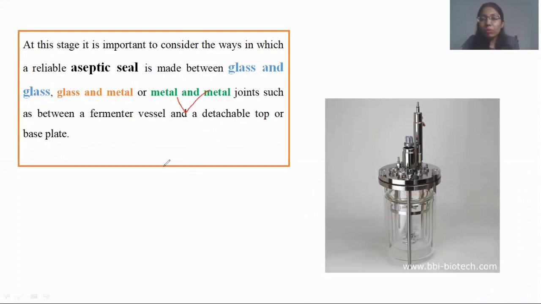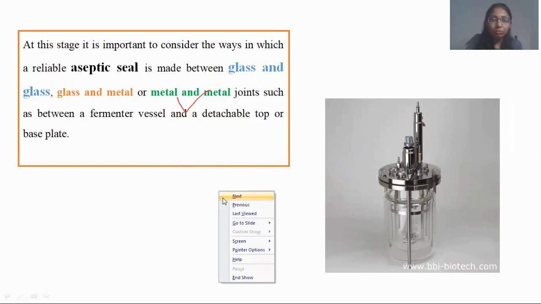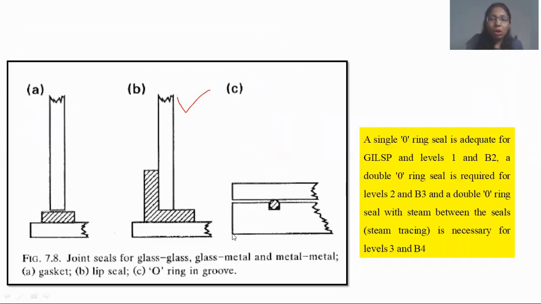Okay. Now, if you want to imagine it, then imagine the pressure cooker at your home. You have seen the gasket or a ring-like structure when you close the top of your pressure cooker with the bottom. Okay, so there is a seal that is taking place. So it is similar to that. We are going to learn regarding these different types of seals now. Okay, so let's talk about the seal.